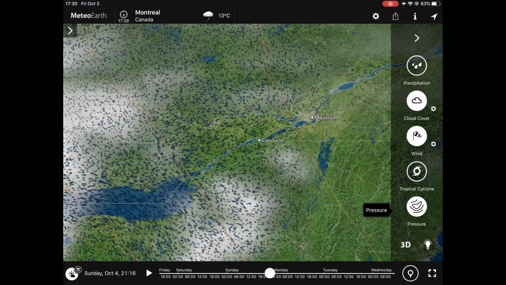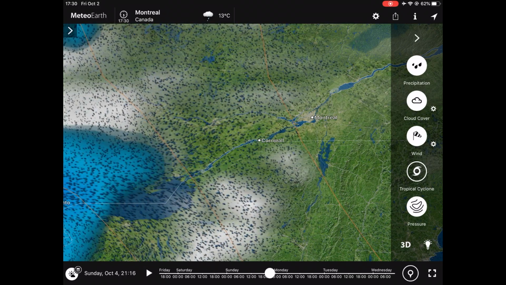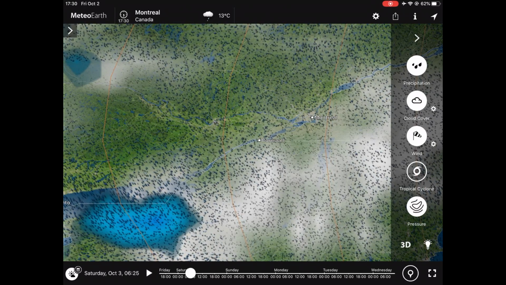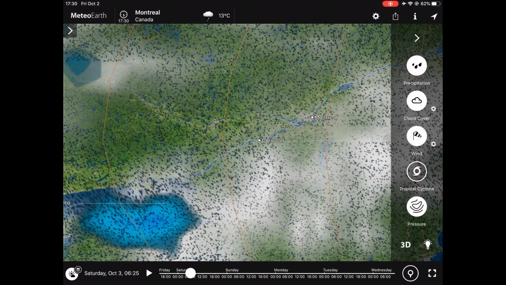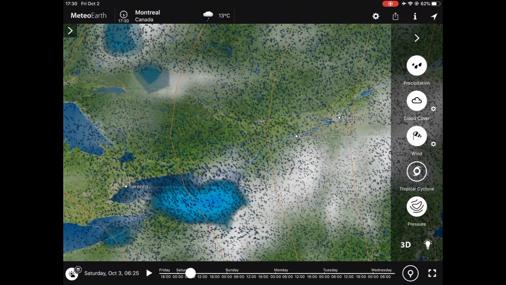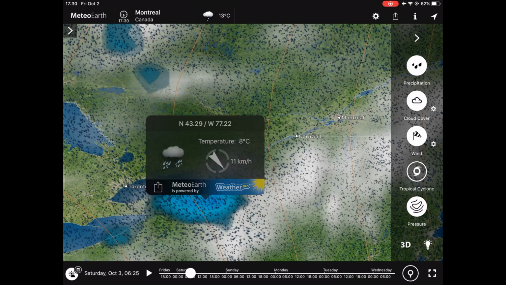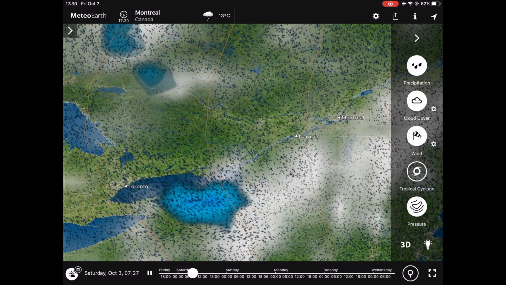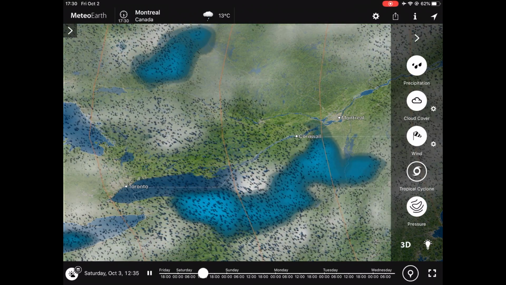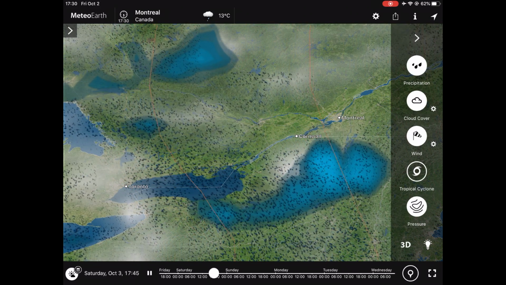Okay, so now what I'm going to do is look at this from my precipitation perspective. All right, so I go back in time. I'm going to leave at 6:30 in the morning on Saturday. Looks like there's a little weather system down near Toronto here. See the rain on the south side? If I click on it, it's showing me that this is actually moderate rain. I'm going to press play just to make sure that that rain doesn't come up to where we are. Okay, no rain, some cloud cover.